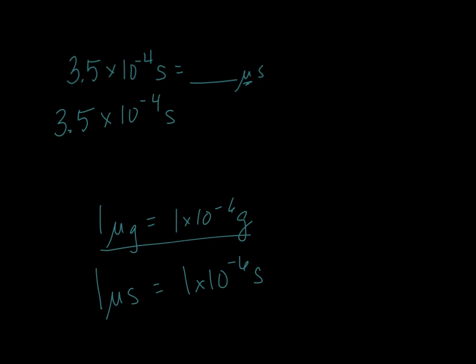All right, so knowing that now, that's our plan because we just want to go from seconds to microseconds. So what unit has to go in the bottom? Seconds has to go in the bottom, and so it's going to be 1 times 10 to the negative 6 seconds in the bottom, and then 1 microsecond is going to be on the top. So seconds cancels out, and I'm left with 1 microsecond. And so I'm going to put this into my calculator. And I get 350